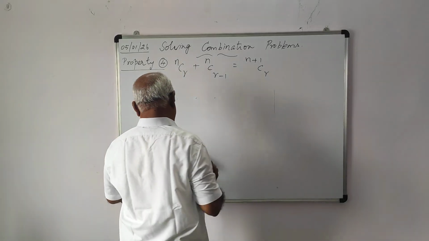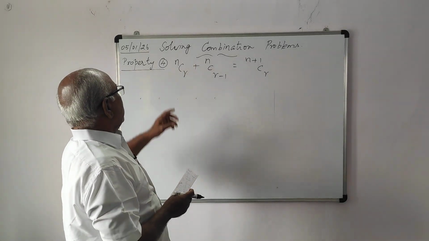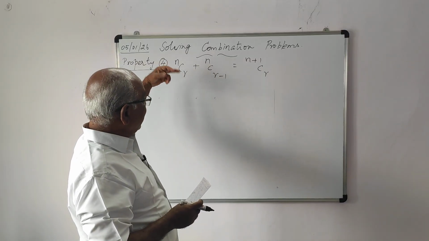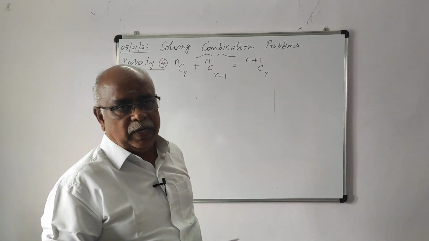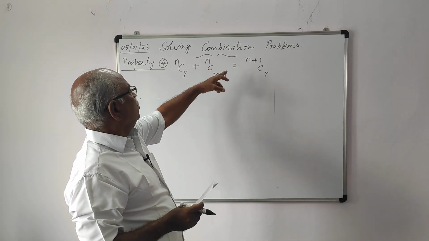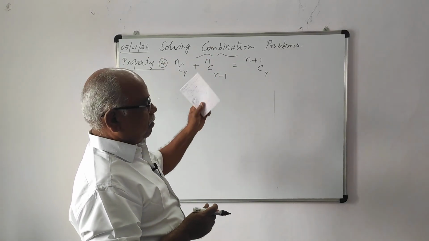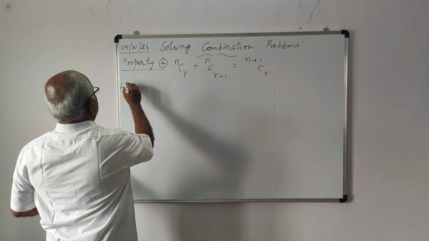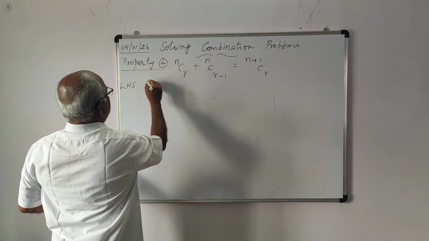This is the property. n and r are integers, n is always greater than r, and r should be positive. nCr plus nCr minus 1 equals n plus 1 Cr. This is the property. So, to derive this property, consider the left-hand side, nCr